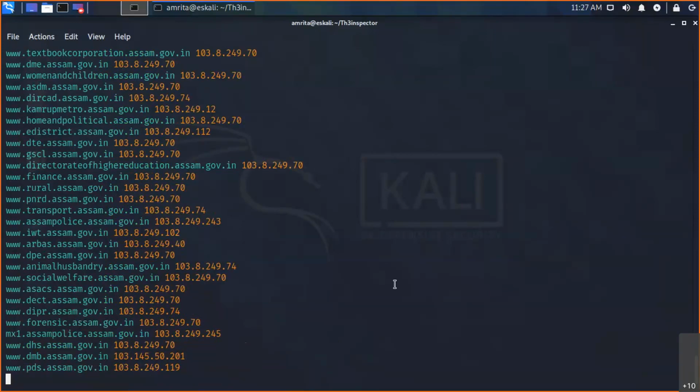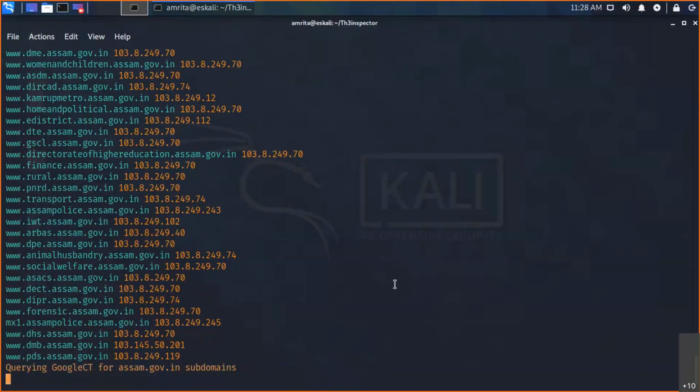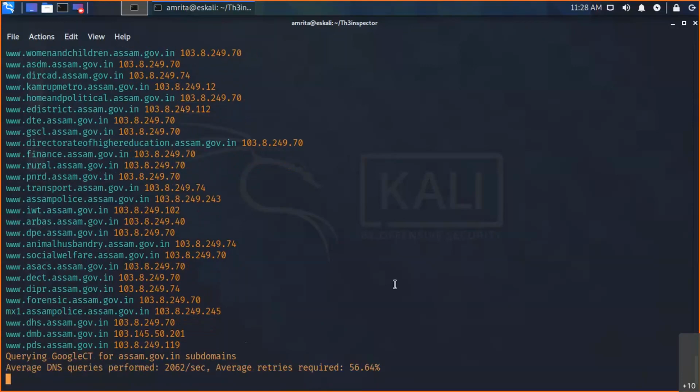So the tool is taking time, so let us wait and see how much time is left. Regarding the nslookup ways, IP location, and the inspector, if you have any questions, you can ask us in between.